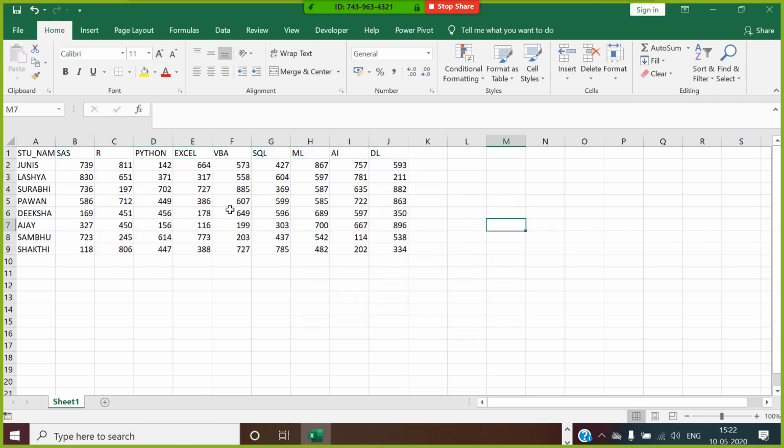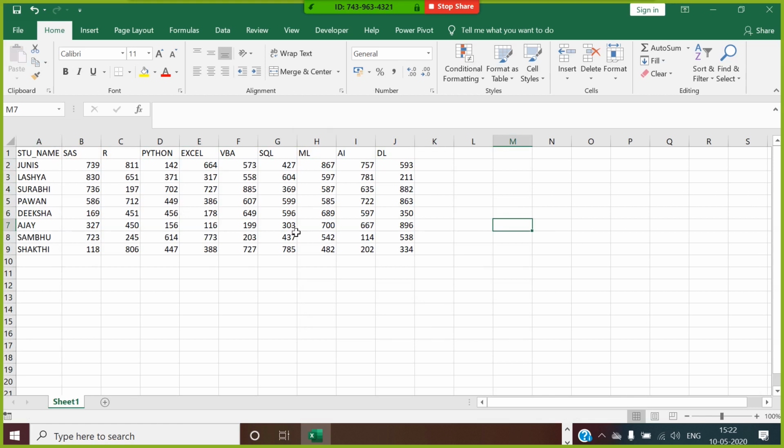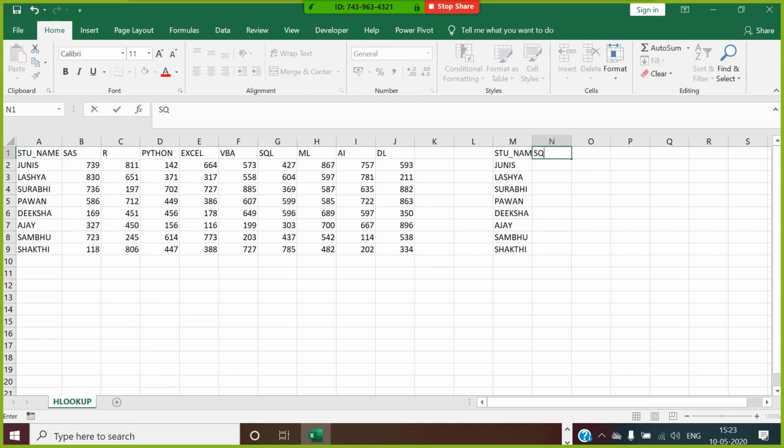Okay, guys. So somebody has asked you, we will do this using HLOOKUP. Somebody has asked to get the values for SQL, AI, Excel, and VBA.